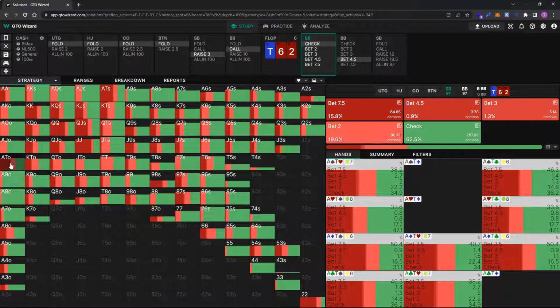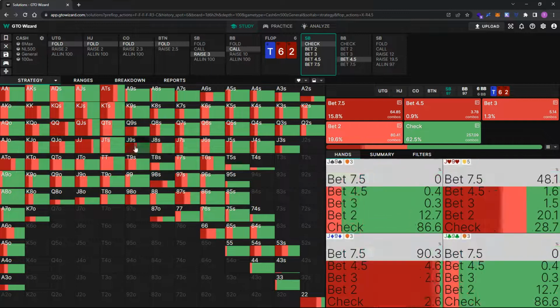We'd probably mostly just bet this for normal sizing, and if we had the Ace of Hearts combo, we'd be more likely to mix it into the checking range some of the time, that kind of thing. And you can see it is a mixed strategy between bets and checks, so that's completely fine. But an upgrade we could potentially consider here is the overbet sizing, and the basic logic here is that if